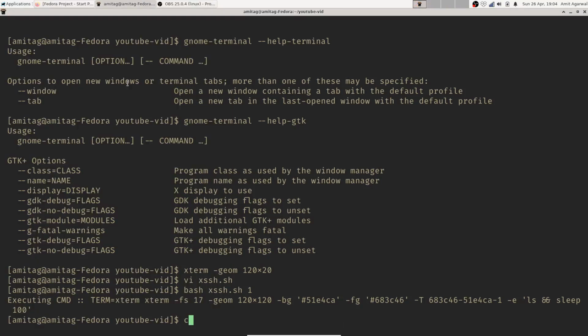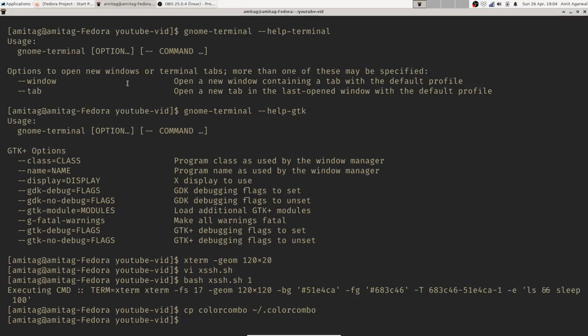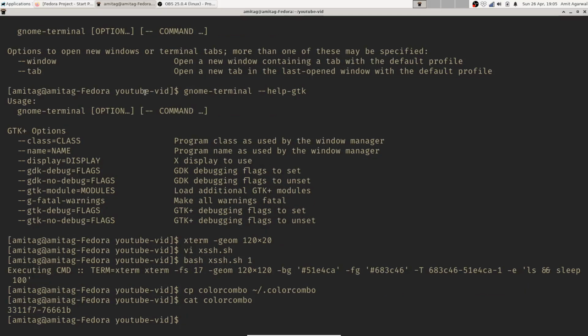Now coming back to color combo, so we copied the color combo here. Let's copy this to my home directory as caret/color combo. Now remember that this is the first XTerm that we had started, and I have only one color combo in this file right now. As you can see, as I mentioned, this has two values, background and foreground, separated by